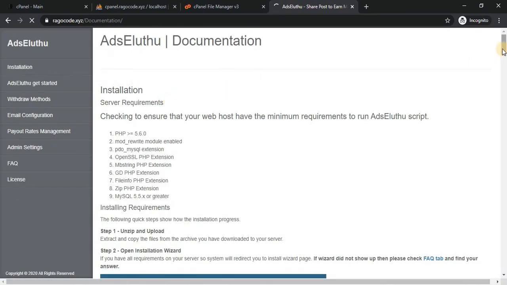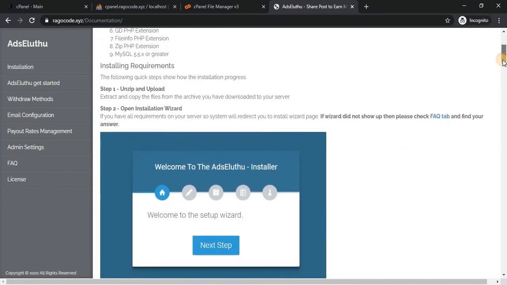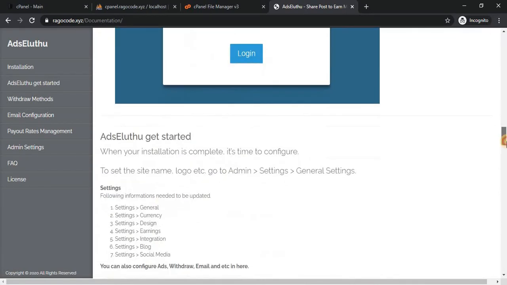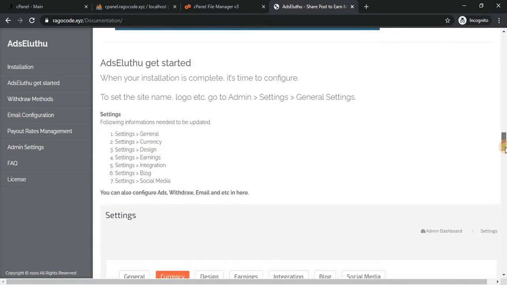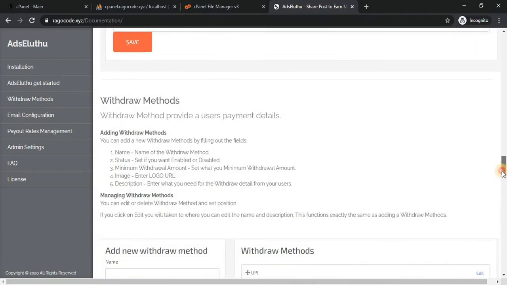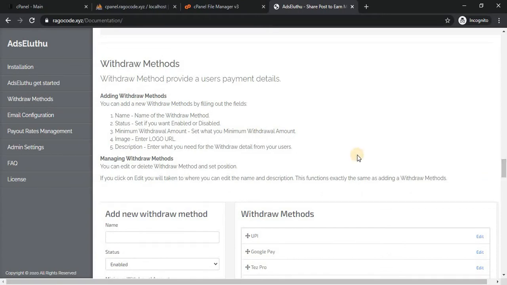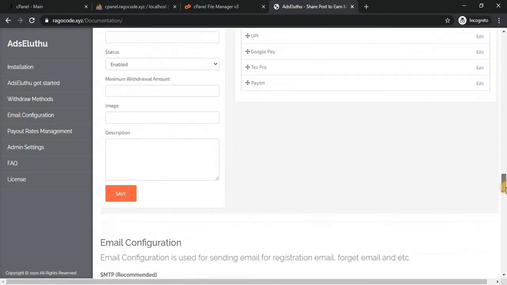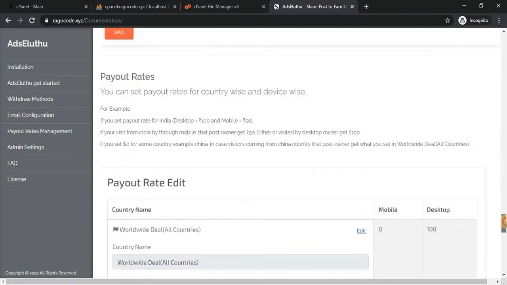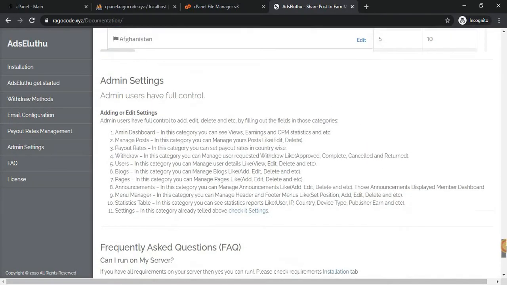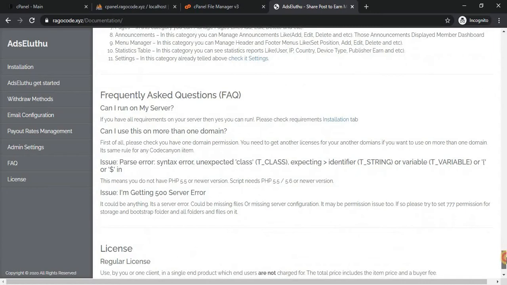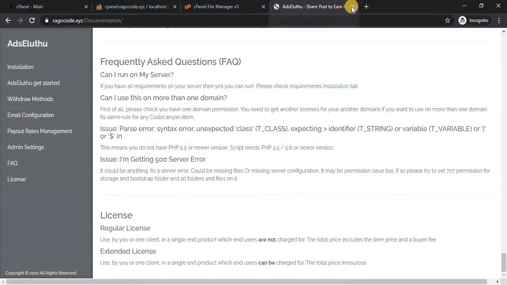See, the documentation explains how to install the AdSense script, how to set the settings, how to set the withdrawal methods, how to edit the email configuration, how to set payout rates, and how to add options in the admin panel. It's all in the AdSense documentation.